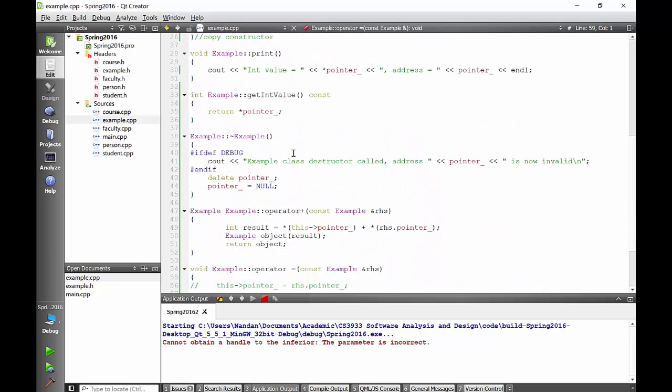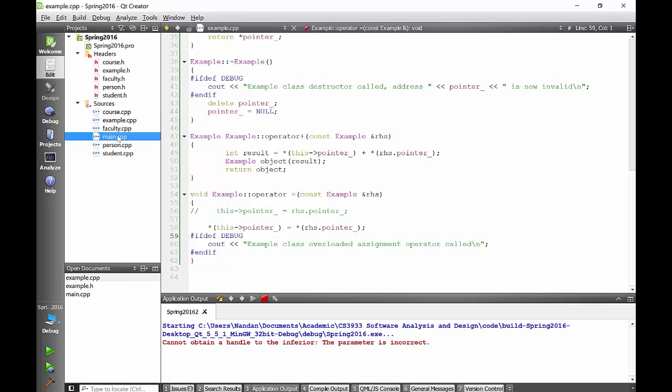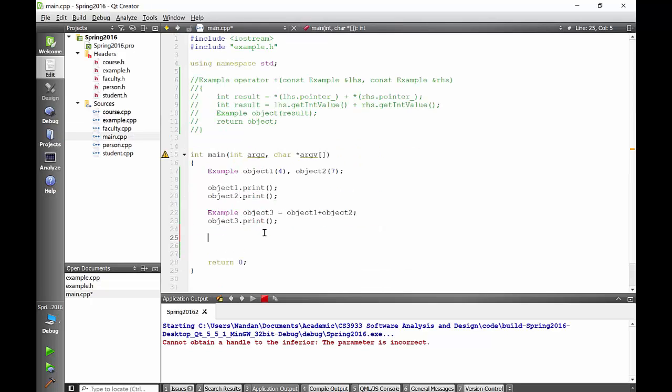Okay, so now what we want to do is actually call the overloaded assignment operator. So we will just do this: object 3 is equal to object 2, and this is where the overloaded assignment operator will be called. And then we will do object 3 dot print. And for now I'm going to do this so that we can keep this separate. I'm going to remove this example here and then just leave it as